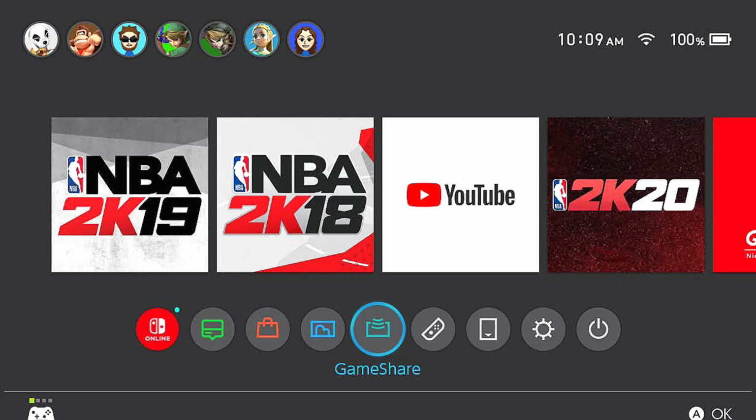Underneath that it has shortcuts to OS functions such as Nintendo Switch Online, Game Chat on Nintendo Switch 2, the News, eShop, Album, Game Share, Controller Settings, Virtual Game Cards, System Settings, and a Sleep Mode button. Unlike previous Nintendo systems, the Nintendo Switch home screen currently lacks a web browser and a messaging system.